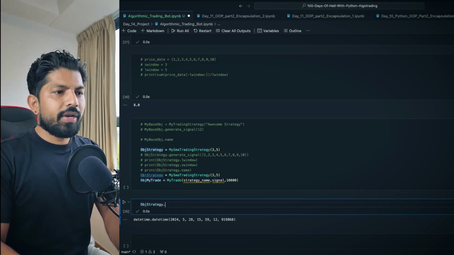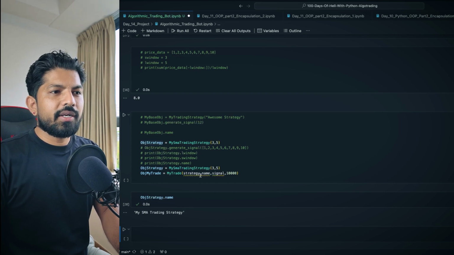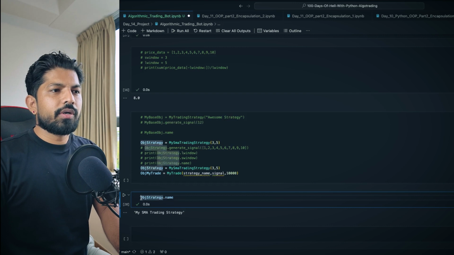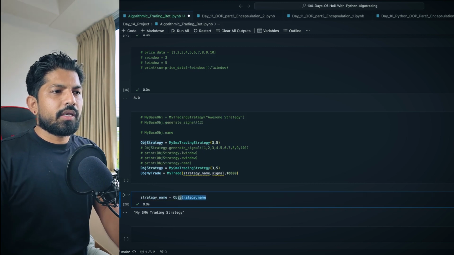Object name, and then when I give dot name, it gives me the strategy name. Yeah, it is working fine. But we need it here, at this place, so for that I can give a different name for now, strategy name, and I keep it here.